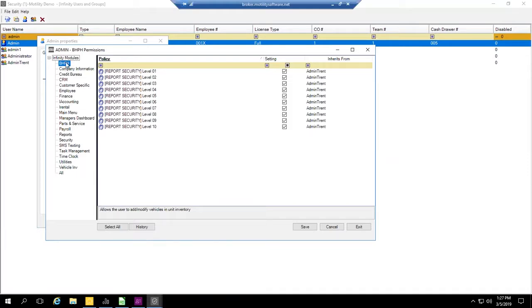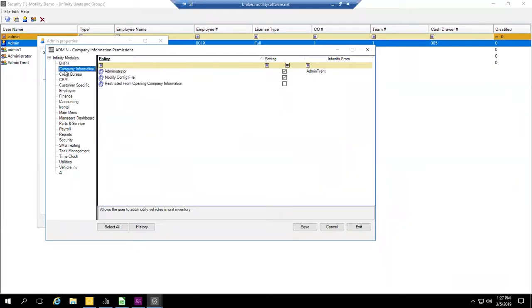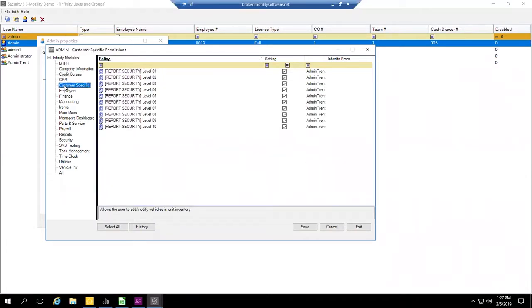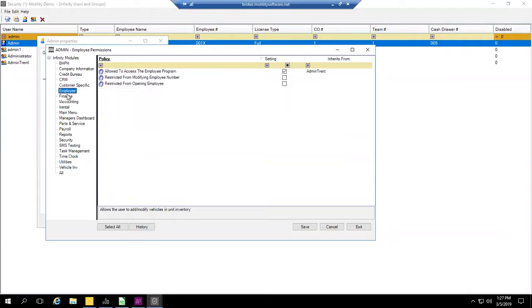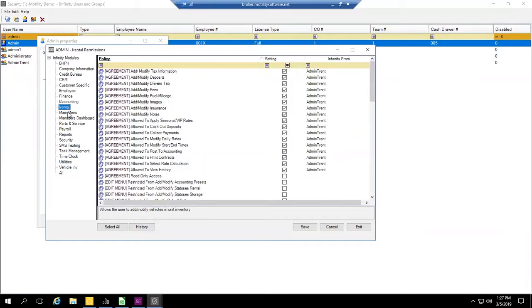On the left, you'll see all the different modules of Infinity. So company info, credit bureau, CRM. There's some customer-specific reportings, mainly CRM reports, employee, finance, accounting, rental, etc. And within each module, there's a set of permissions or privileges that you can give someone access to or prevent someone from accessing. So those are the two main types of permissions: allowances and